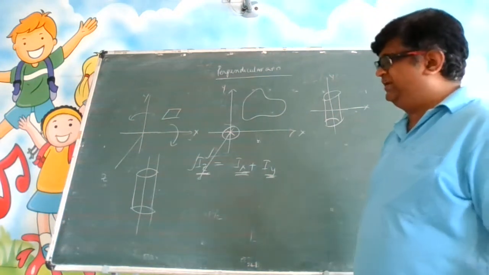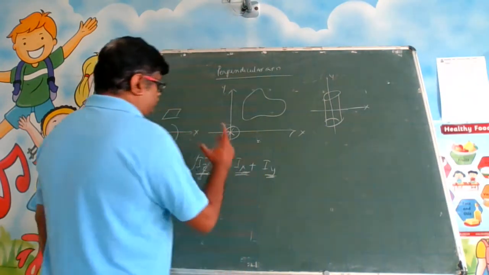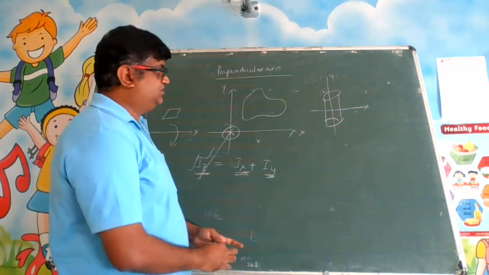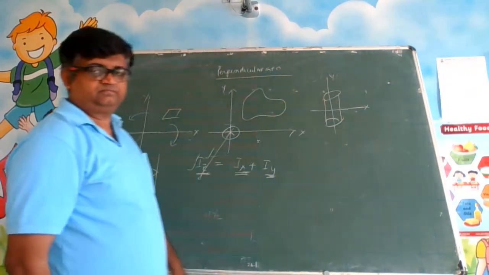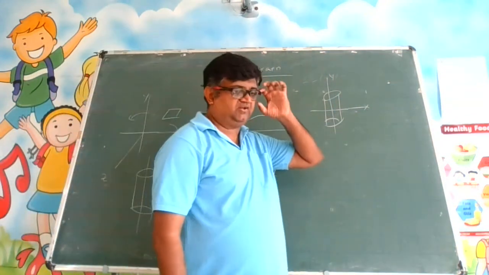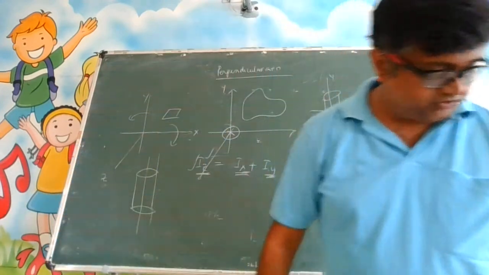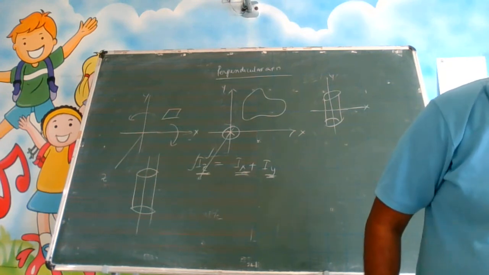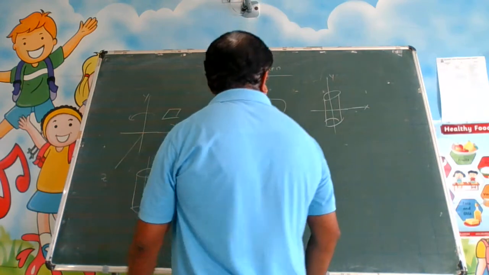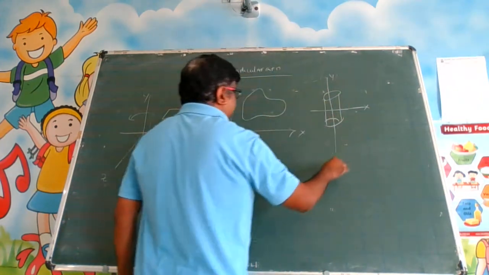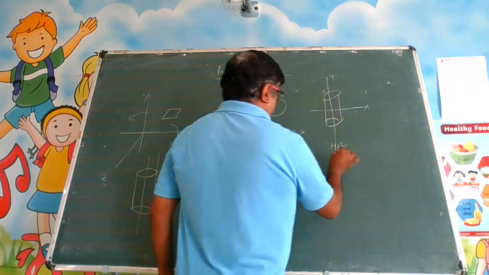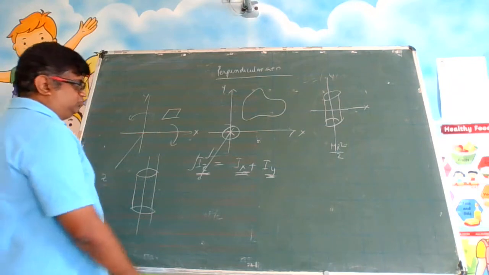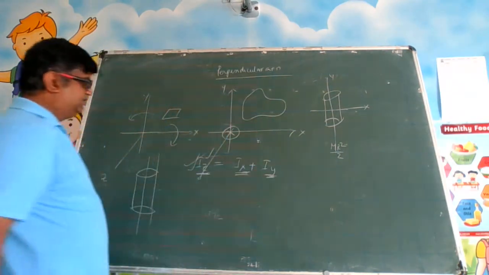But when you are applying the perpendicular axis theorem, you should know the value. This cylinder has some moment of inertia about the x-axis, which is different from the y-axis. For a solid cylinder, about the centroidal axis, which is the y-axis, it is mr square by 2, as I told you. But about the x-axis it is not that, it can be some other value. Those two values you have to add and you get the value of Iz.